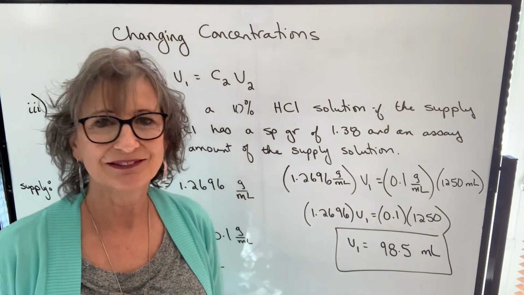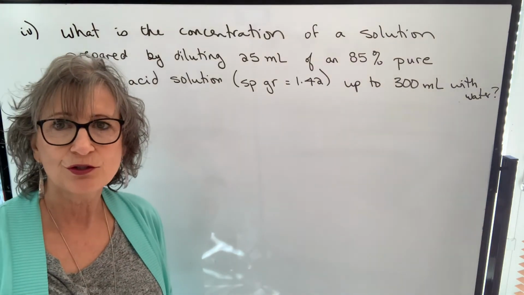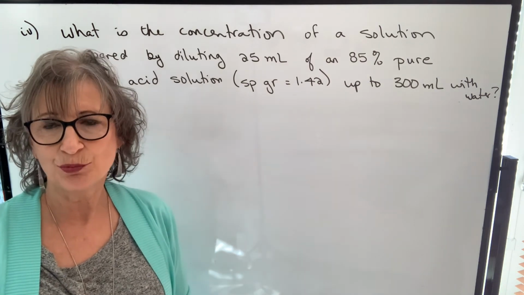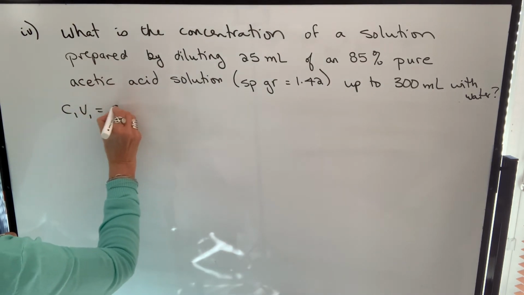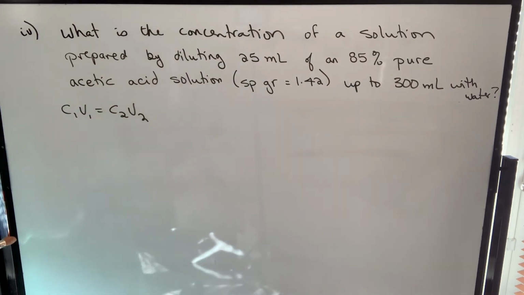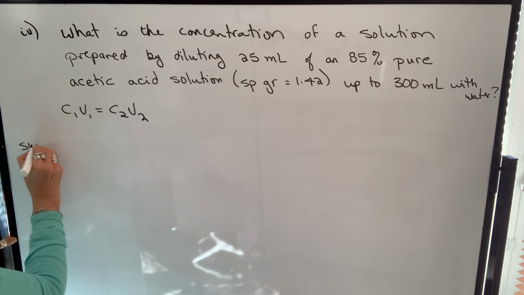Let's do another example. In this example, it asks us to find the concentration of a solution which is prepared by diluting 25 milliliters of an 85% pure acetic acid solution that has a specific gravity of 1.42 up to 300 milliliters with water. So we're going to do this example the same way we did the previous example. We're going to use C1 times V1 equals C2 times V2. We're diluting it, so we are changing the concentration. And our stock or our supply solution